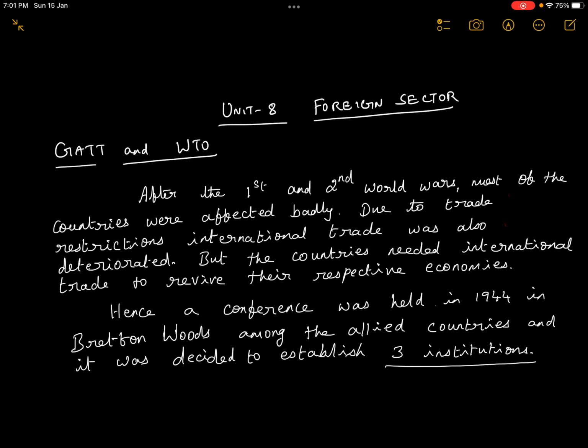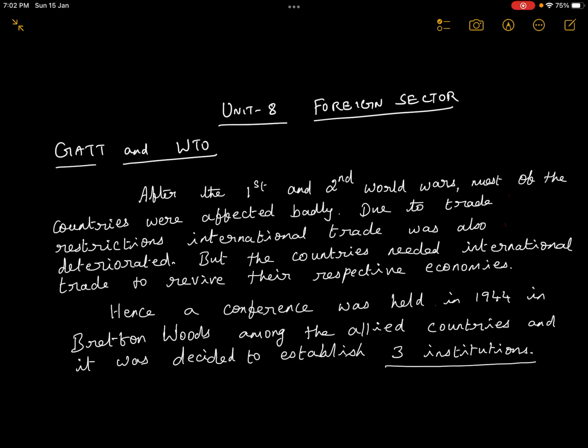As usual, before proceeding to the main answer, let me explain briefly the background of GATT and WTO. After the First and Second World Wars, most of the countries were devastated by wars. Because of the war and the damage it caused, most of the countries were a little bit